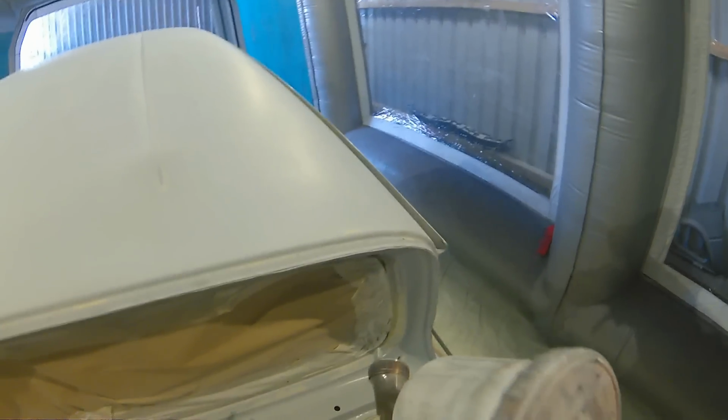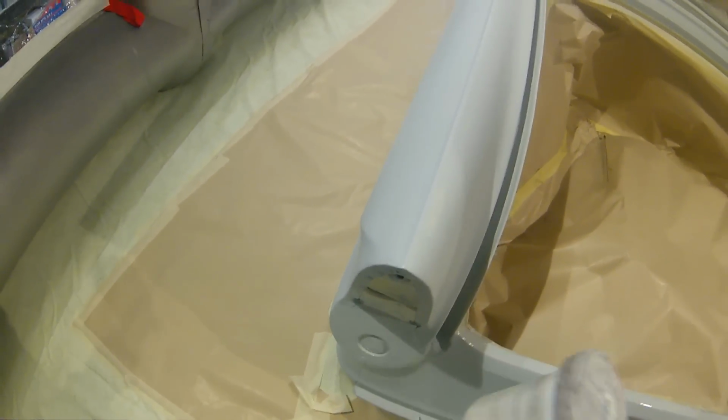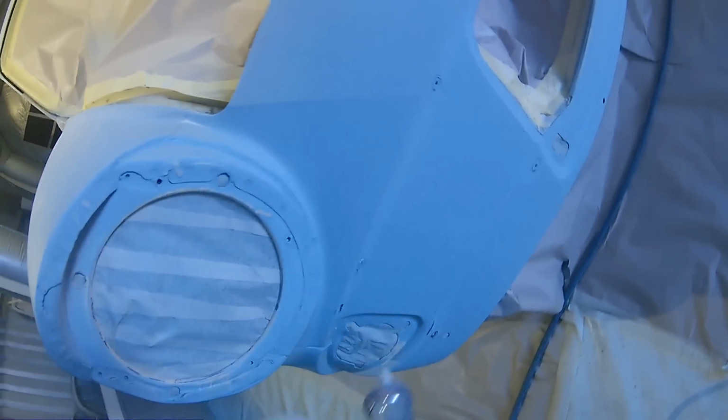Now another thing to make sure is that before you put this car in the booth and also before you start putting the wet on is that you prep this car as if you were putting the gloss down on this car. If this wet on wet goes down and it's got any dirt or dust or debris in the paint at all, maybe because you haven't filled it out properly or because you've scrimped on a bit of prep because you're thinking, oh, I'm just chucking a quick bit of primer down here, the problem that you're going to run into is that those bits are going to show in the final gloss,